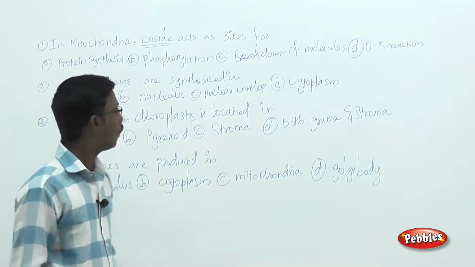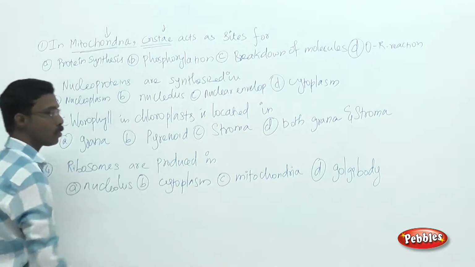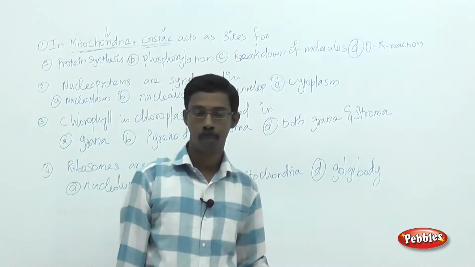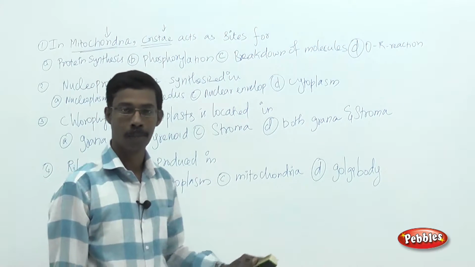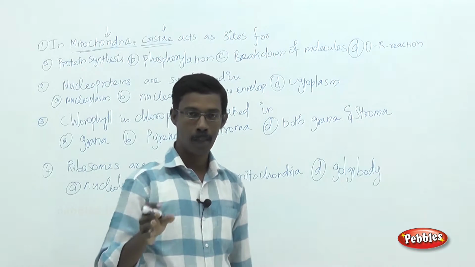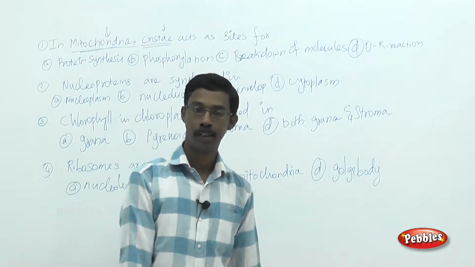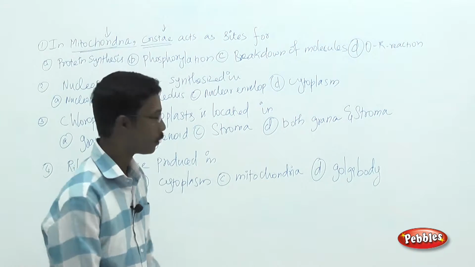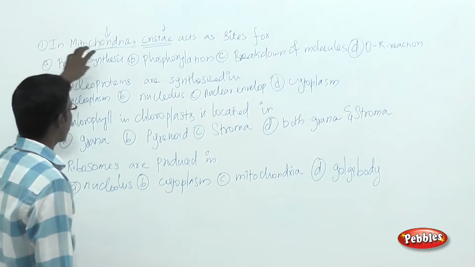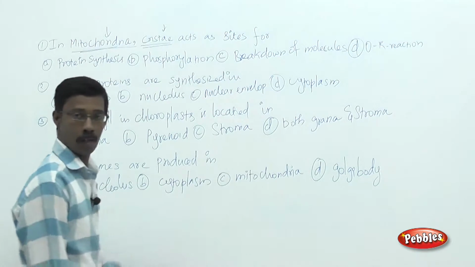So the question is about the mitochondria. What may be the major function of mitochondria? The mitochondria is an organelle present only in eukaryotic cells. The major function of the mitochondria is participating in energy production, ATP production. They are the powerhouses of the cell. So the answer might be related to one of the energy producing functions.